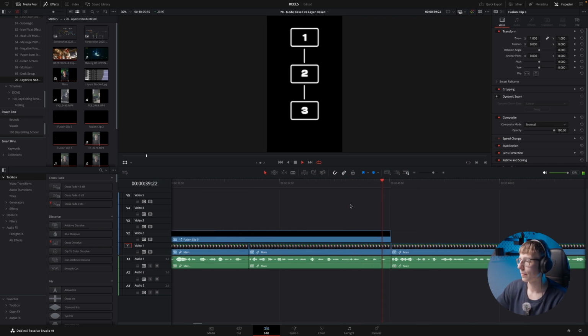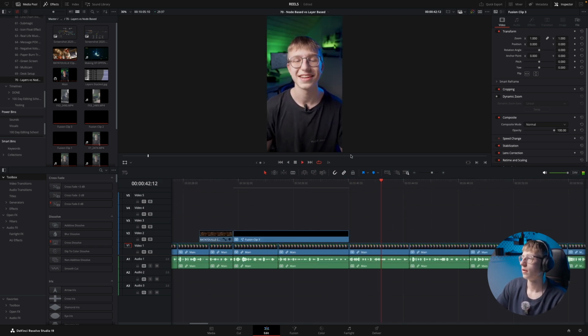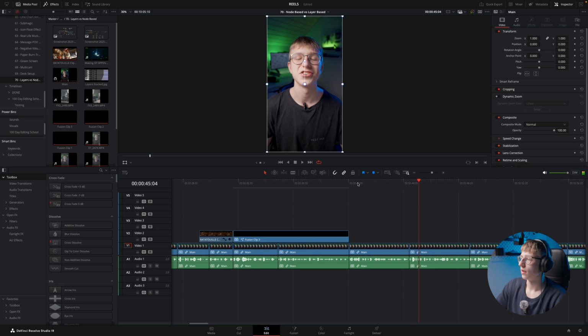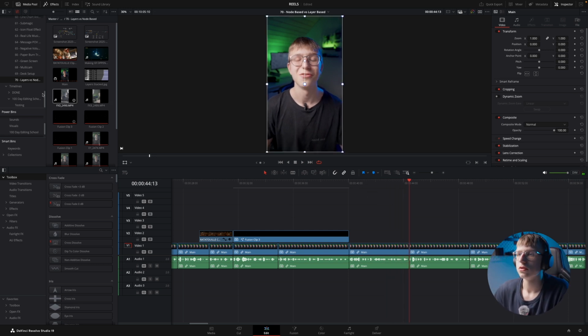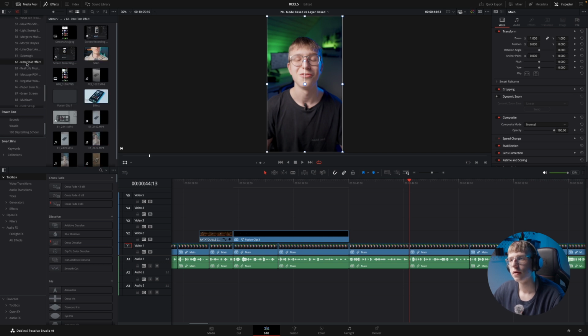Video step by step. And this really makes complex effects more organized and easier to understand. Of course. And here I talk about complex effects. And here I might also just add a complex effect, which is this one, the icon float effect,